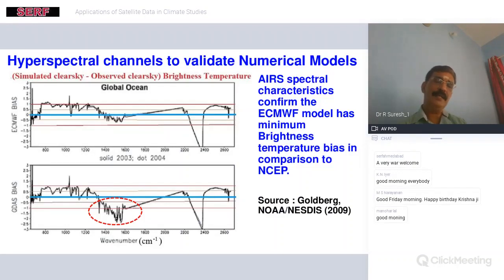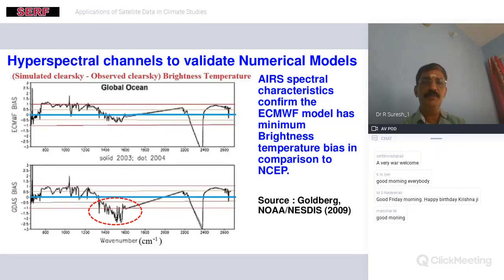So now the spectral characteristic which I was talking about on a monthly scale, we probably know whether the performance, whether any degradation is there or it is perfectly all right. That sort of validation is done by the launcher himself, and this is for the 8th channel I am putting about. So in regard to the validation, what they did, a simulated clear sky radiation minus the observed clear sky